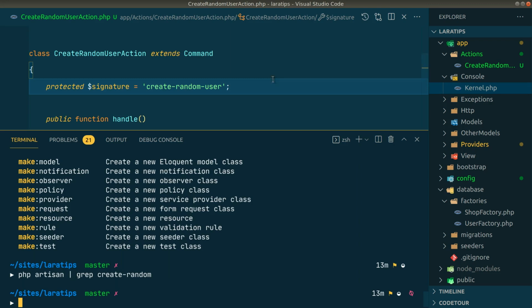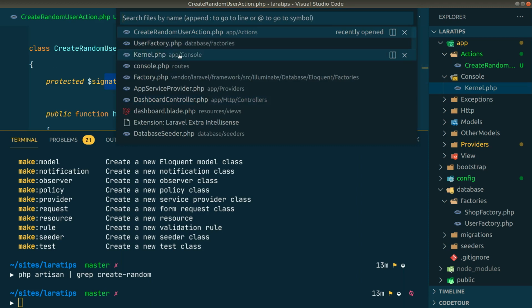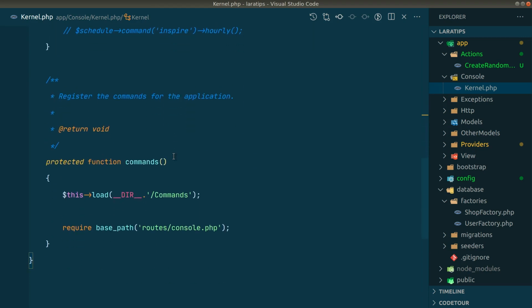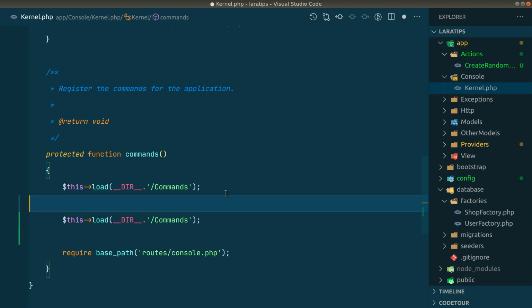What we want here is to show all the classes that are extending this Command to be visible as a command over here with the name that we have provided in the signature. Okay, for that we have to go to this app console kernel. Here if you go at the bottom in the commands, we'll just duplicate this and we'll register this action folder over here.